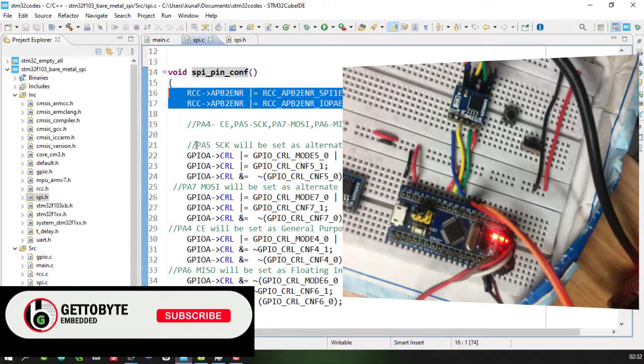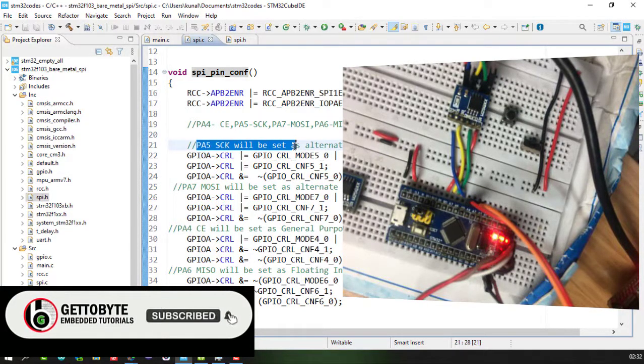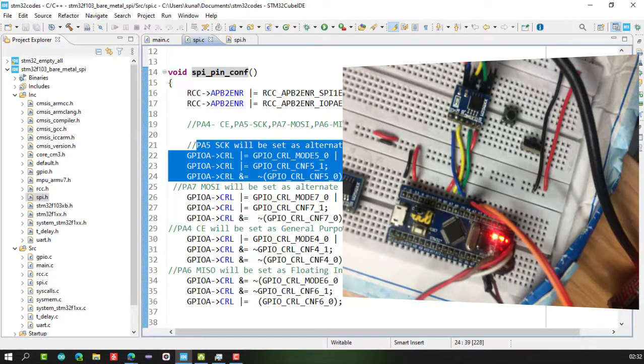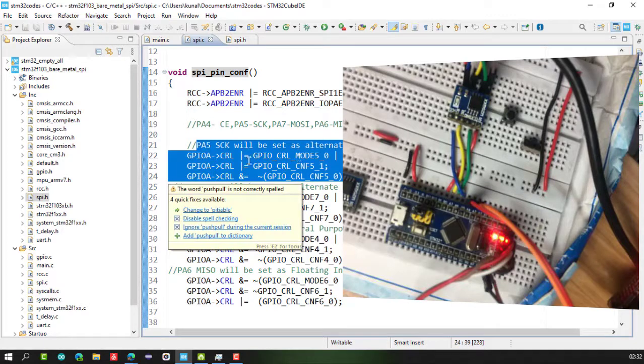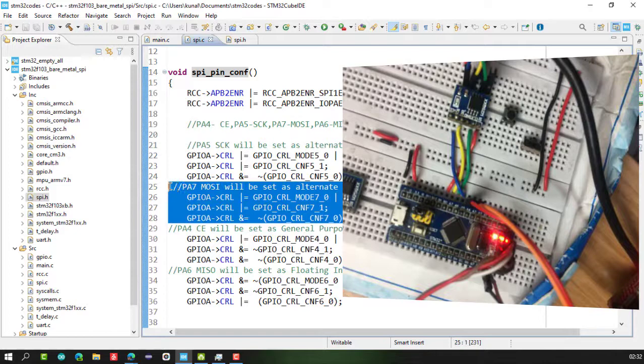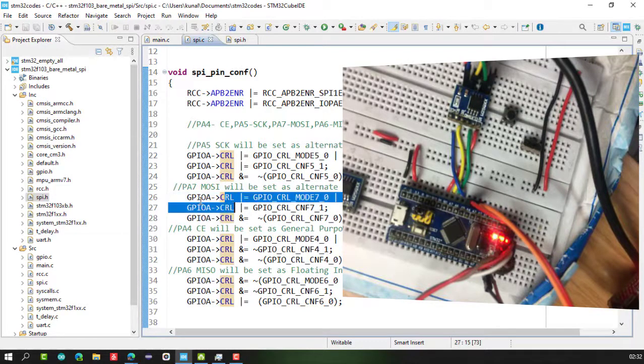Then my PA5 SCK pin, the clock pin, will be used as alternate function output push-pull, using the bits of the CRL register. In the same way, the MOSI pin, PA7, will be alternate function output push-pull using the CRL bits of GPIOA.